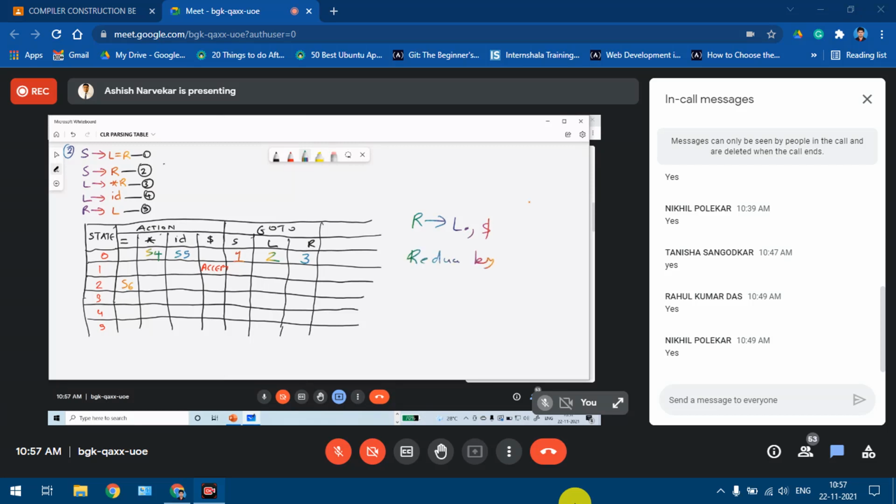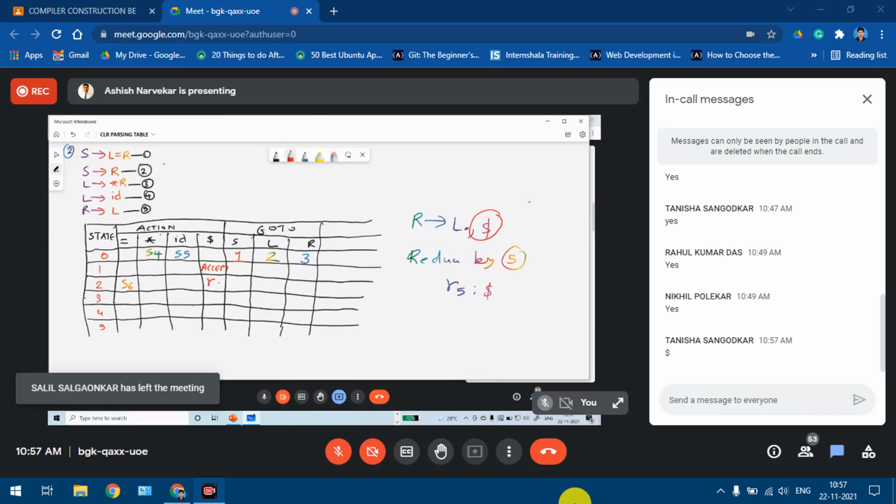So reduce by, this is the 5th production, so reduce by 5, which is nothing but R5. Where do we make the R5 entry? We make the R5 entry under dollar. Since it is a reduce, it has to come under that particular look ahead symbol. So look ahead symbol is dollar. So R5 under dollar in the row number 2.